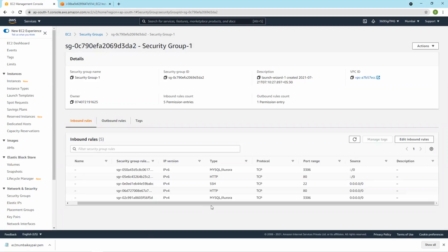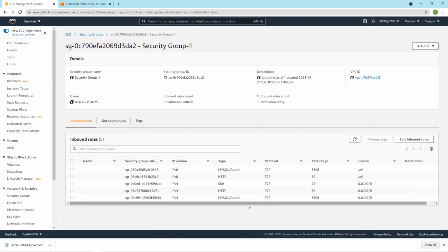We have added this one, and our instance is a public one, so no need of giving the security group of MySQL.